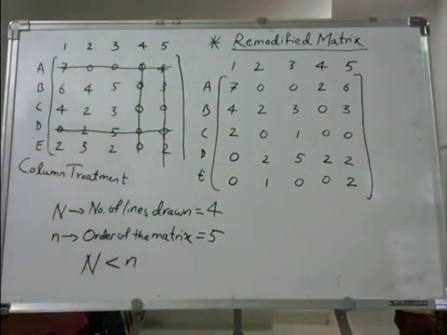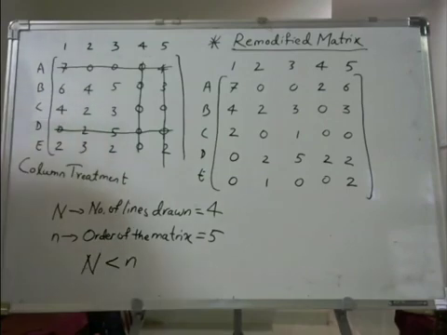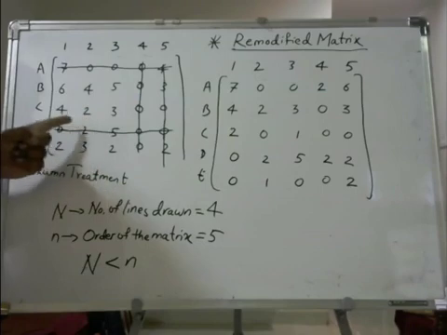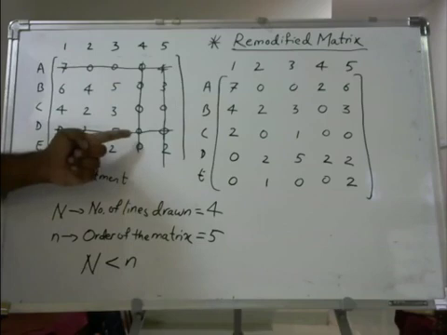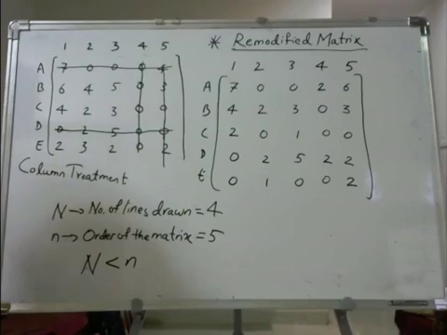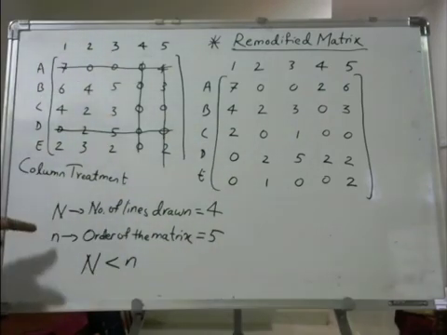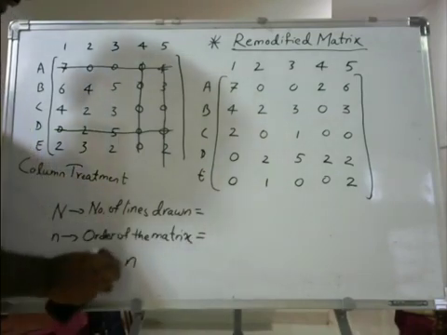Now basically what we have done is, we have done the remodified matrix. Now for this remodified matrix, we need to draw the lines. So basically what we have to do is, I will summarize. You have to find the least number here and subtract it from all these elements, and in the line elements you have to keep as it is, and in the intersection points you have to add the least element. That's how we have to get the remodified matrix. Once you have got this, again check the lines.